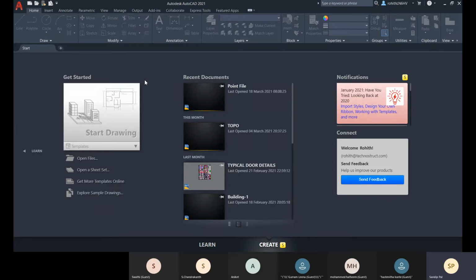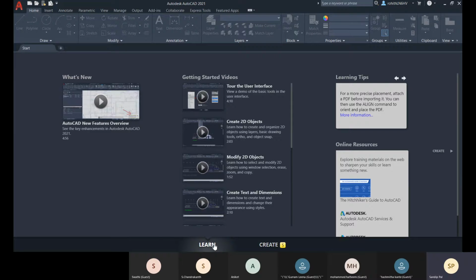Okay, and this you see is called your GUI, graphical user interface. So now we are currently in this start tab, and within this start tab we are currently using Create. We can switch to the Learn section as well.